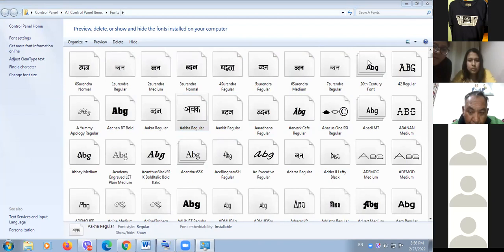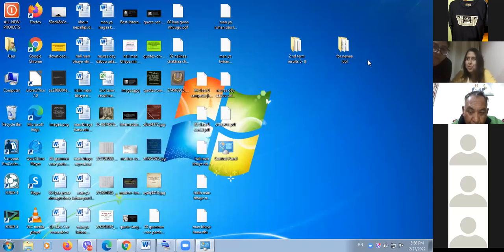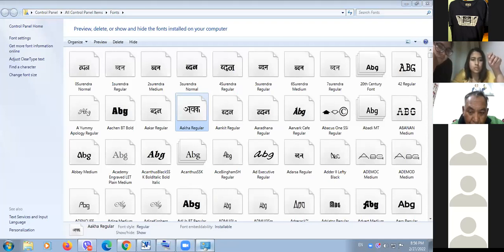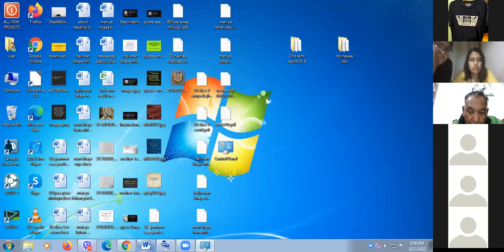So Nanju has just sent the file in the chat. I think it's in the chat now. So this is the file you need to download, and then install this in your system. Okay. Once it is installed, what we do now is open your Word file, Microsoft Word,